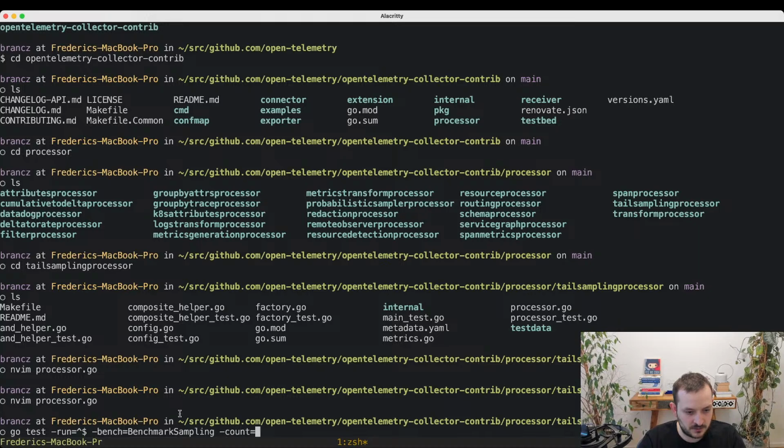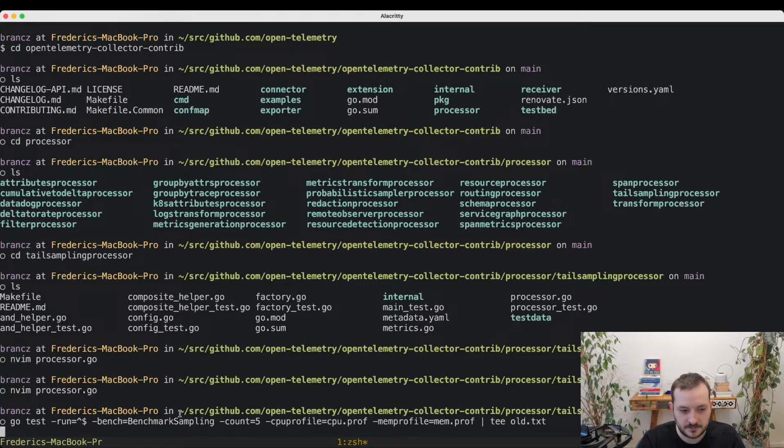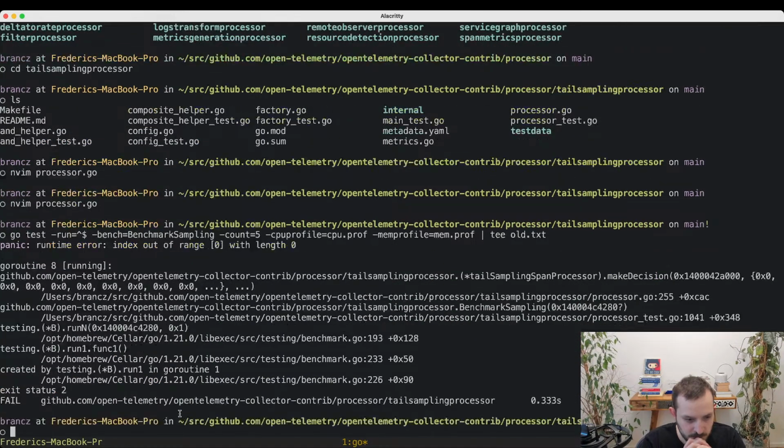We run it for, actually we need to still do something about iterations, and we're gonna want to see some CPU profiling data, and memory profiling data sounds good as well. And we write that to old.txt. Okay, so that did not work,